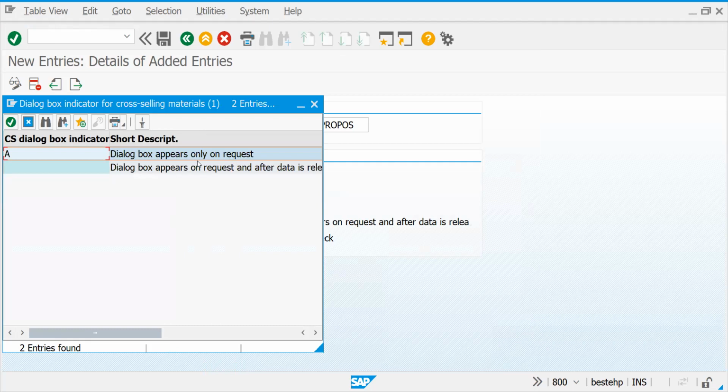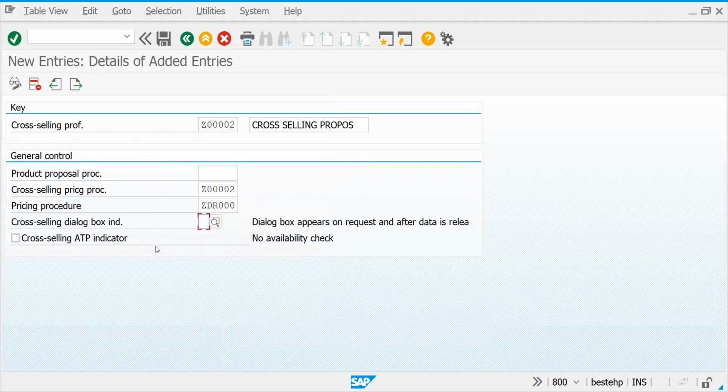If A, it means it appears on request, the dialog box appears on request after the data is released. We keep it like this as of now. On request only the dialog box appears after the data is released. I will show you this one.